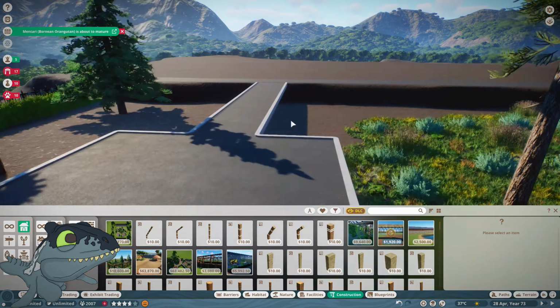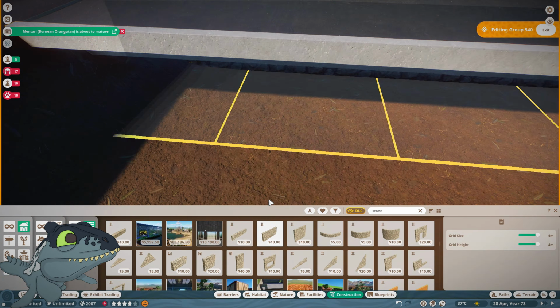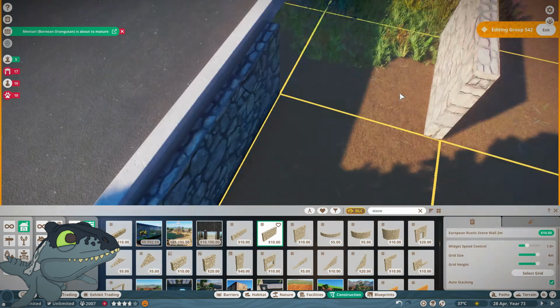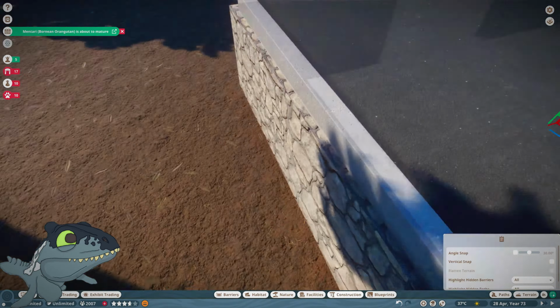But anyways, going back to what I'm building right now, I thought I'd do a few different viewing points. So the path goes all the way down the fence line there. We're going to have this little platform that goes out into the enclosure, so you can be surrounded by the